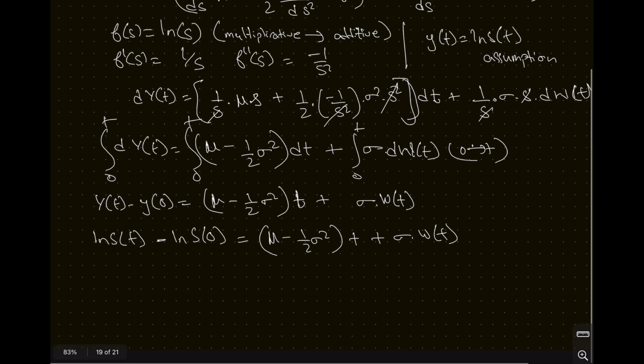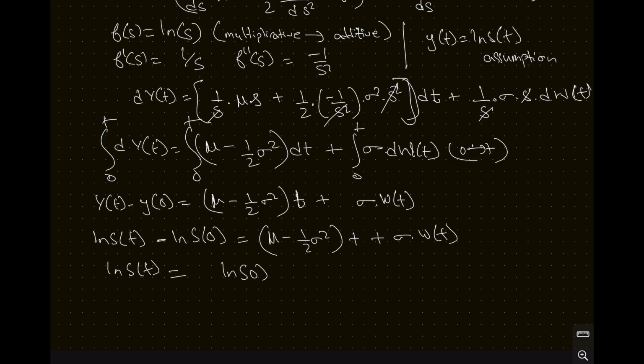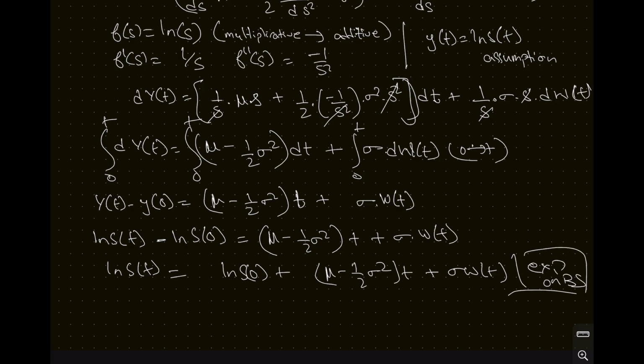And now we're going to be sending this over this side. So ln of S(t) equals ln S(0) plus (mu minus half sigma square) t plus sigma W(t). We have to remove the log, because we used log just to simplify the equation to make it additive and not multiplicative. So we're going to use exponential on both sides, and we get